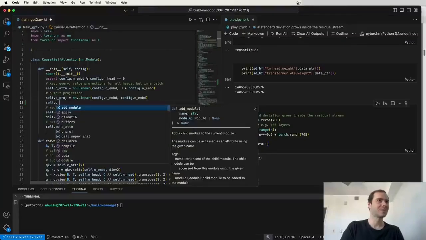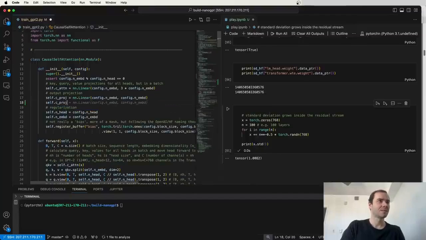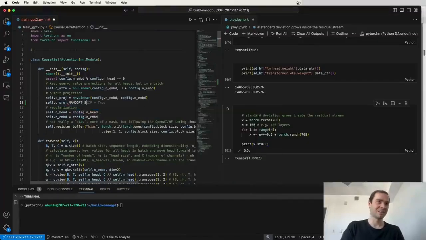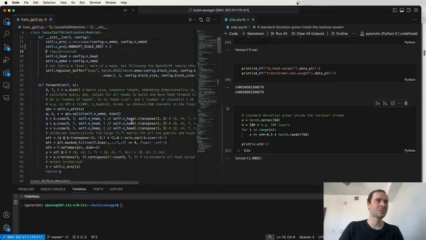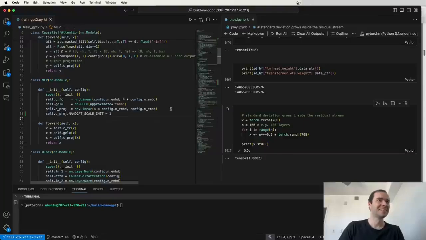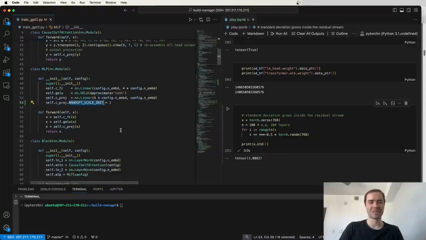In the initialization, we'll set NANOGPT_SCALE_INIT to 1. So we're setting a flag for this module. There must be a better way in PyTorch, right? But I don't know. Okay, so we're basically attaching this flag and trying to make sure that it doesn't conflict